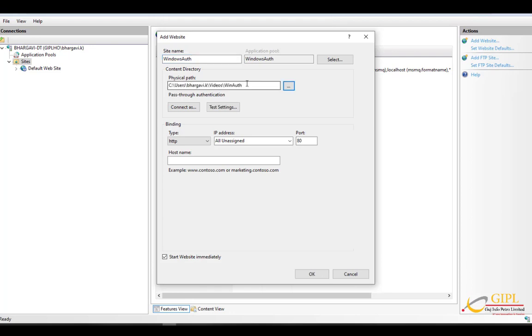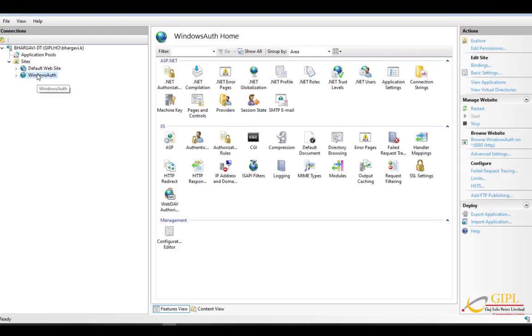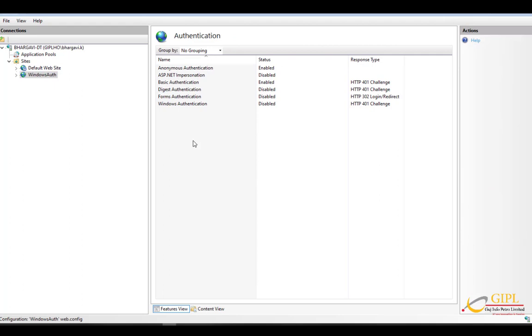Here we have to enter the path of the project where we have put the published folder. And the last step to implement this integrated authentication mode, we have to set authentication in this authentication tab, where we have to disable the anonymous authentication and enable the Windows authentication.